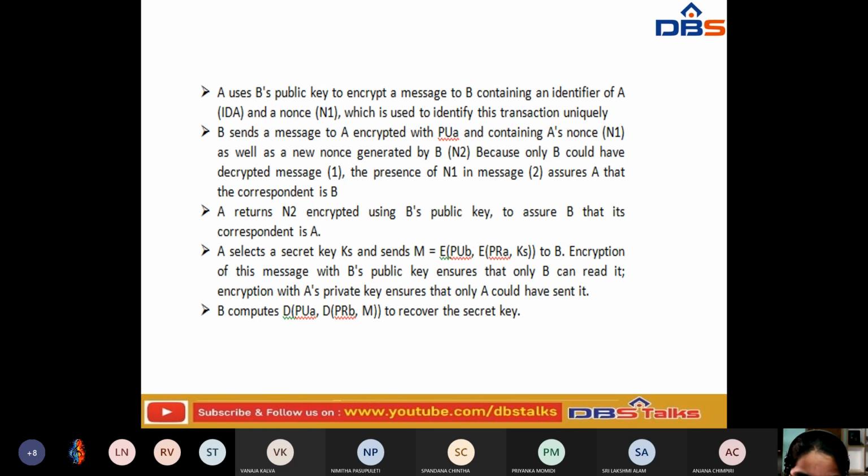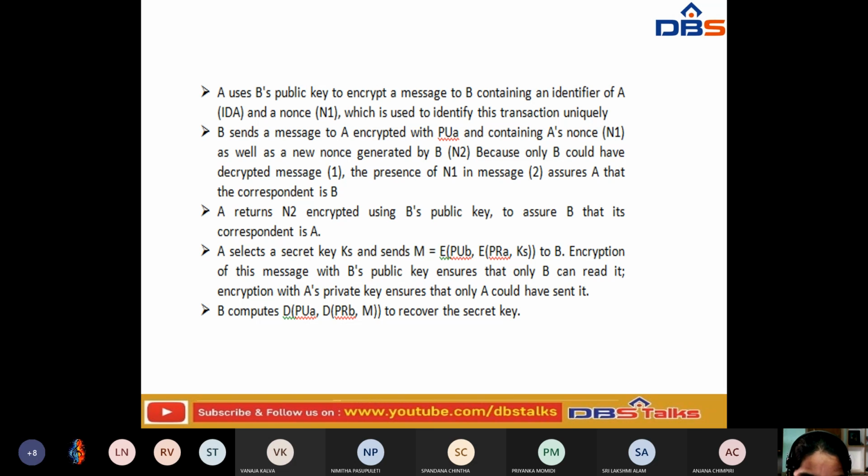Whatever data we are taking is not an essential thing, but whenever it returns that particular product, it corresponds to A. So from this we can get an assurance that only B can read that encrypted data. The encryption with the private key ensures that only A could have sent it.